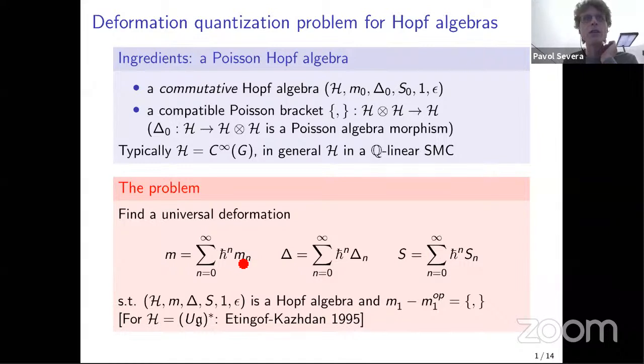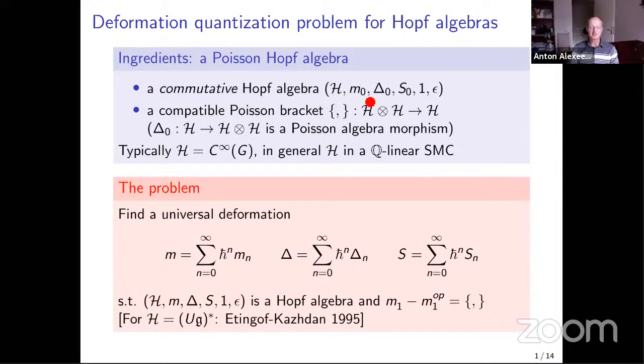All these M_n, Delta_n, and S_n, all those terms, they should be given by some nice universal expressions. So they should be simply compositions of the maps which we had in our original Poisson Hopf algebra. So